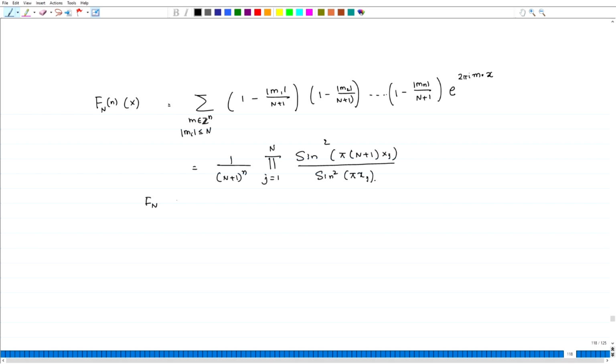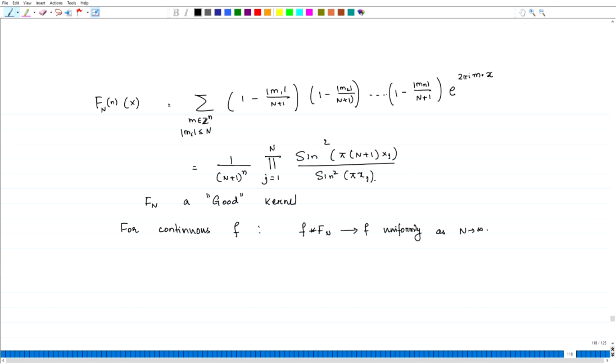F n is a good kernel, and for continuous f, f convolution with K n converges to f uniformly as n goes to infinity. Okay. And as you can see that